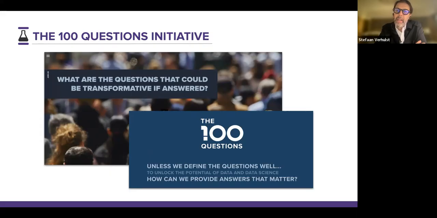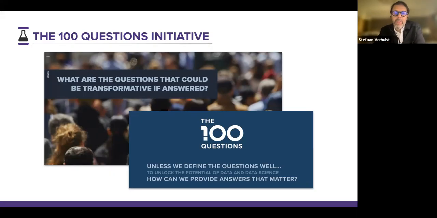Most of the time, it was a blank stare, or it was a really muddled kind of question formulation as well. Or in other cases, it was a question that was formulated by one individual without understanding whether actually this question was the one that mattered for the problem and mattered for the community that one sought to serve as well. And so towards that end, I created the 100 Questions Initiative, which was really an effort to identify the 100 questions that matter, but that we have not answered yet, but we could answer if we find a way to have access to the data.